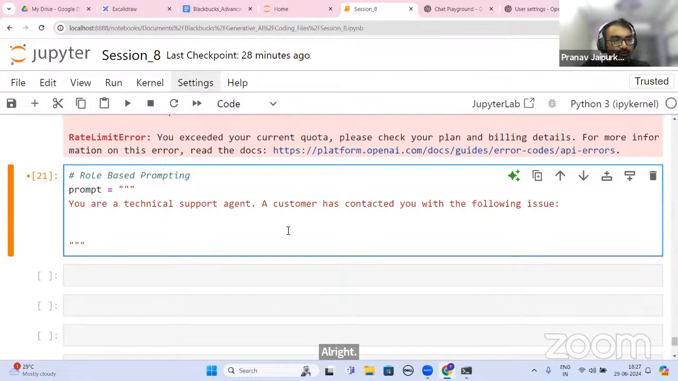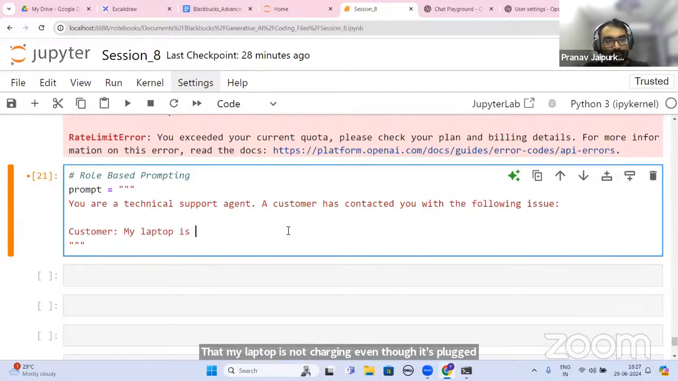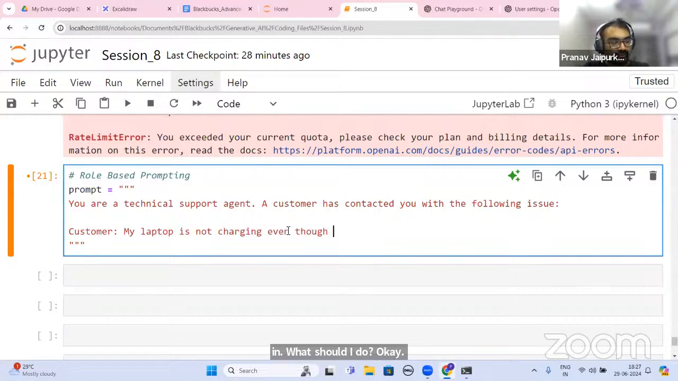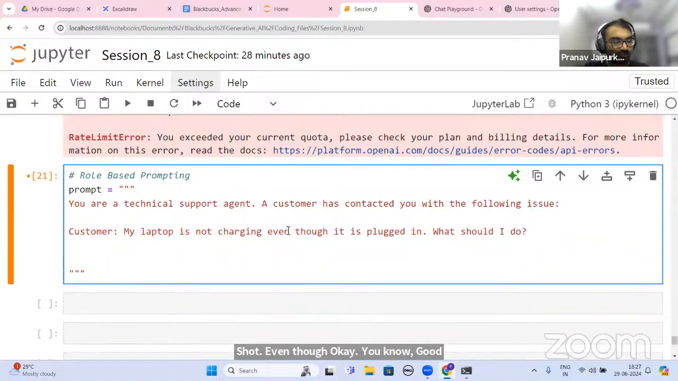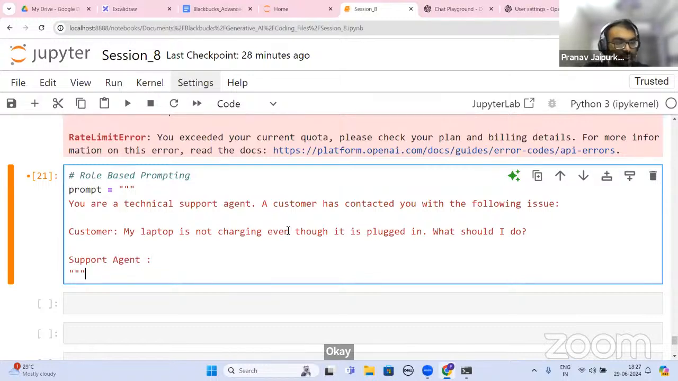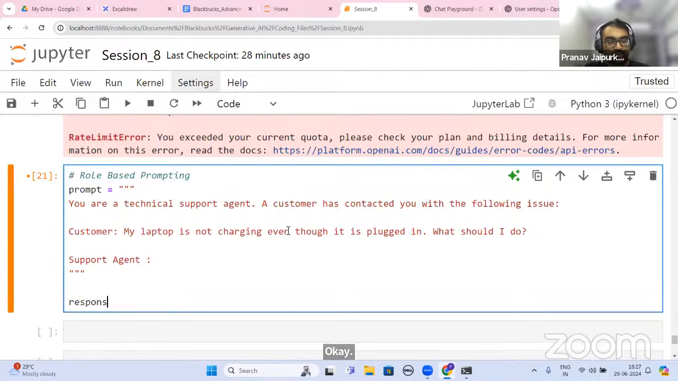Now, what is the issue? Customer is saying that my laptop is not charging even though it's plugged in. What should I do? Laptop is not charging even though it is plugged in. What should I do? Then support agent, then response is equal to